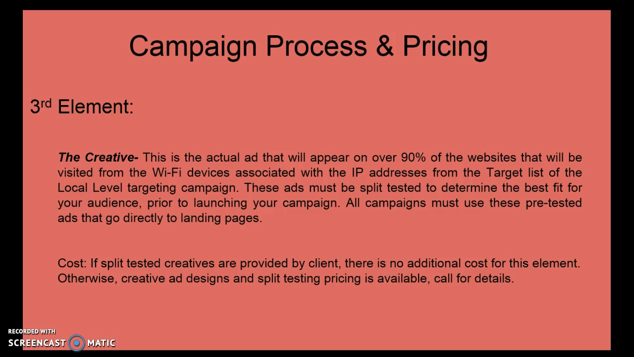Element 3, the creative. So this is the actual ad that will appear on 90% of the websites that will be visited from the Wi-Fi devices associated with the IP addresses from the target list of the local level targeting campaign. So in other words, this will be the actual ad that they'll see, because once we capture the IP address, whenever they turn on their cell phone, whenever they turn on their desktop, there'll be an ad, or the creative will show up as an impression on their